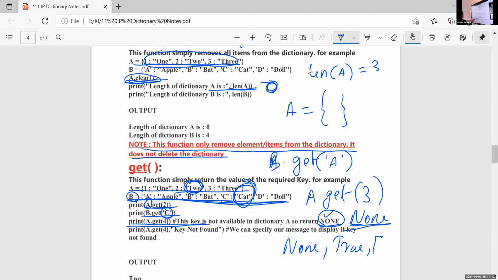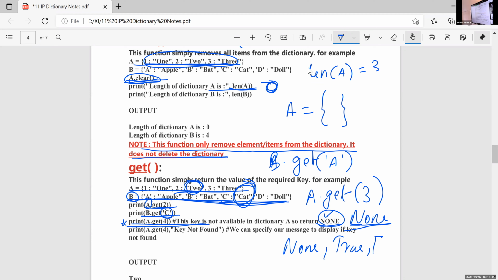So you just mark it as important, that is A dot get 4: if there is no such key in the dictionary, and I am trying to display a value that is not in the dictionary, then it will return none. It is not error, the result is none.